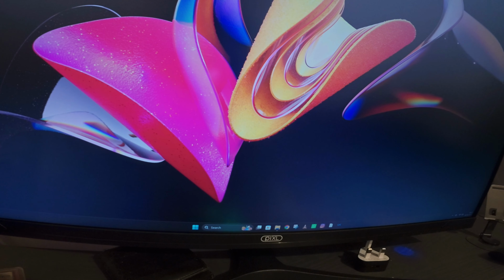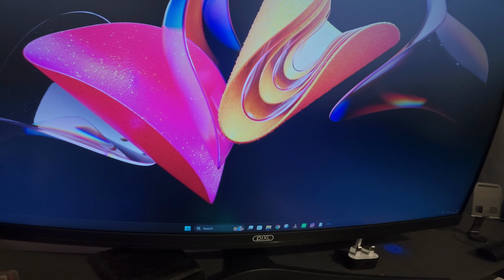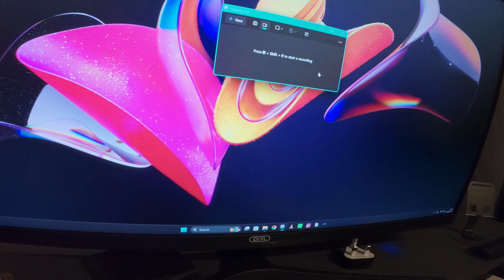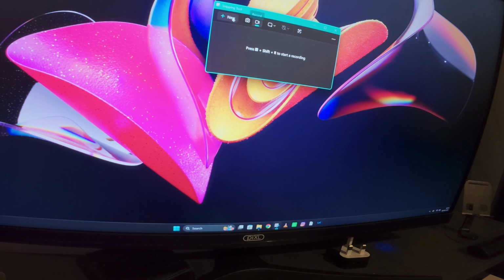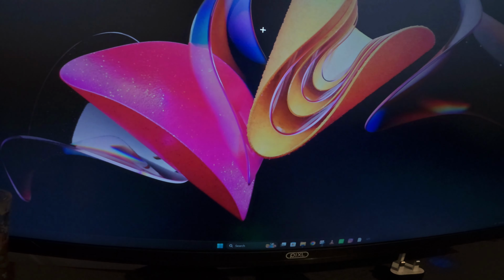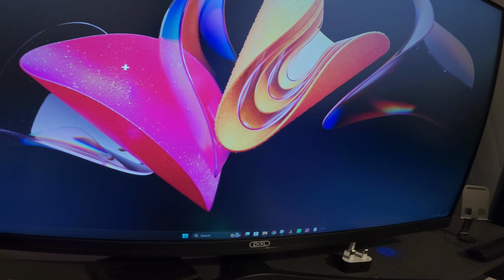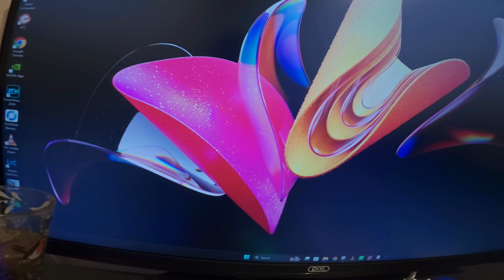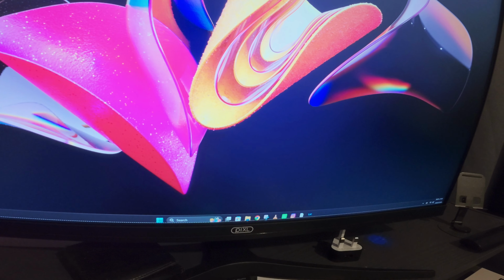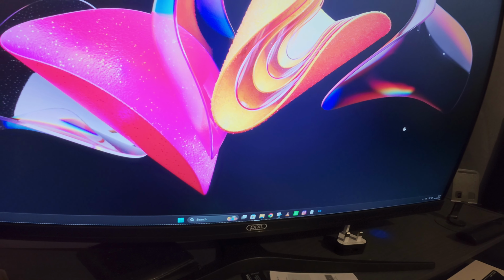Then we can go to new recording. Then you get this cursor here, so you select the area you want it to record. I'm just going to select the whole lot,